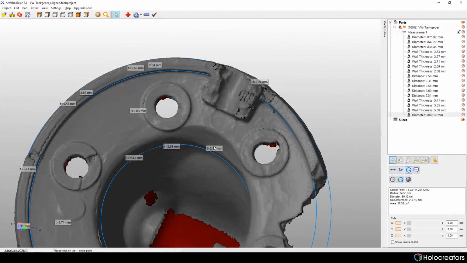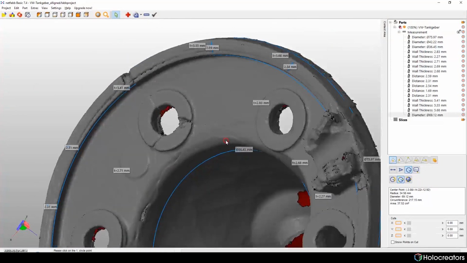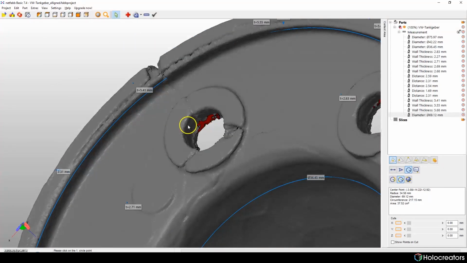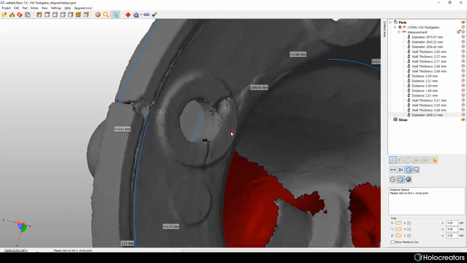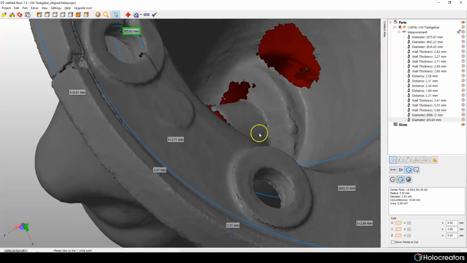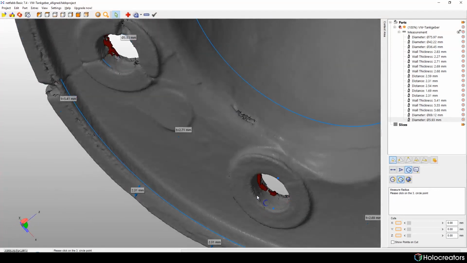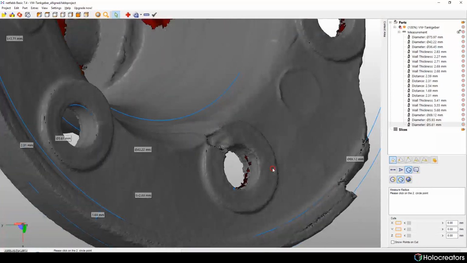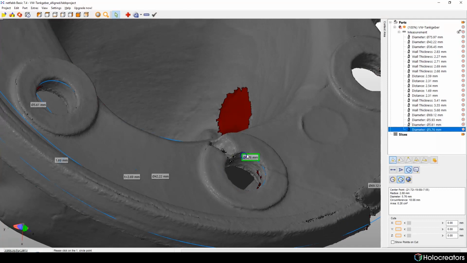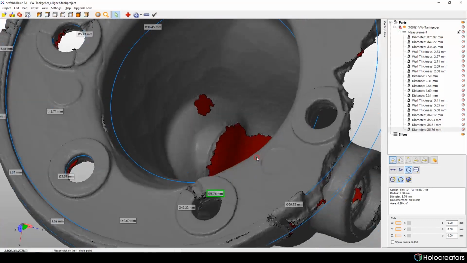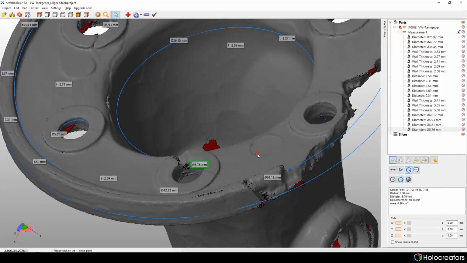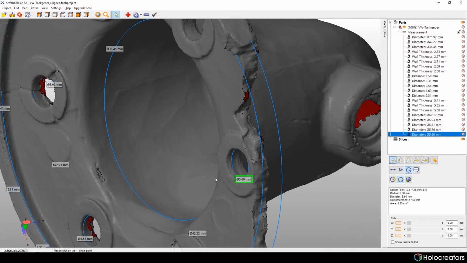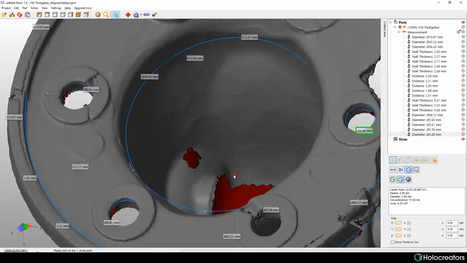We can take some measurements from our model, like it was before. Let's do one more. I think 5.6 gonna be fine for this.